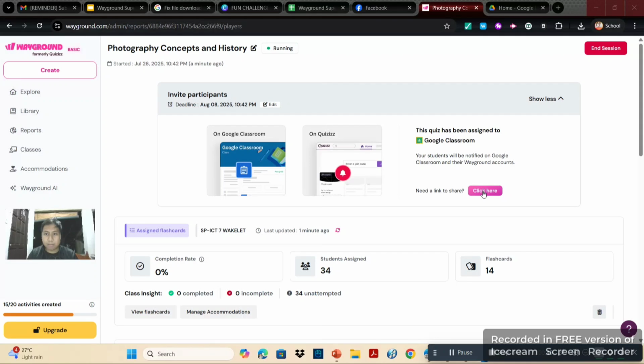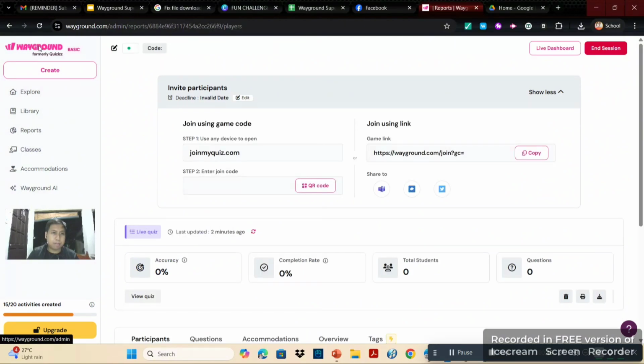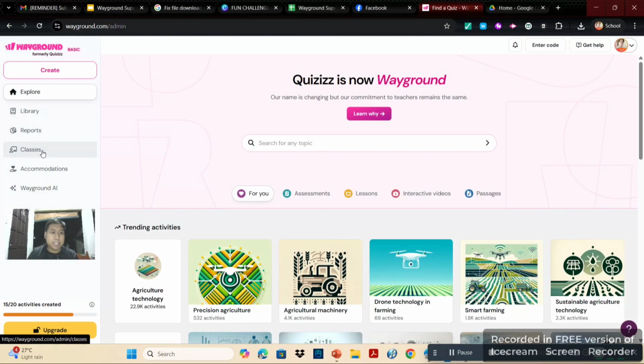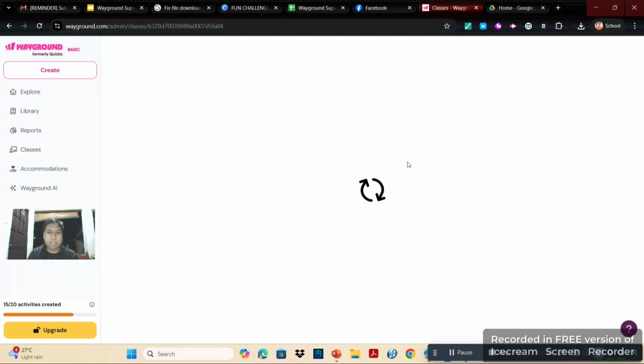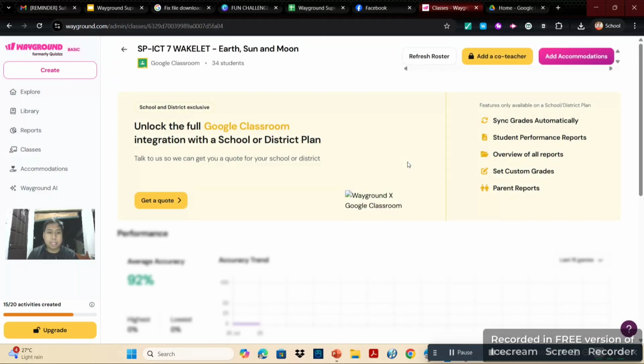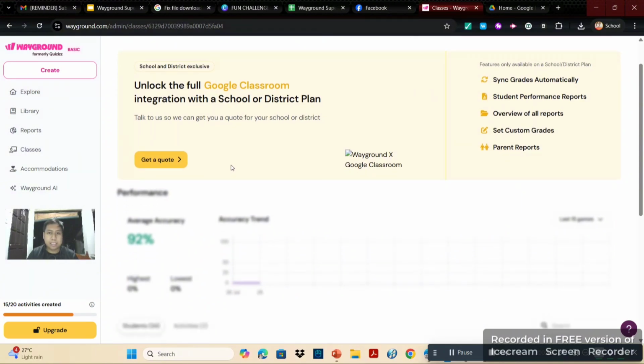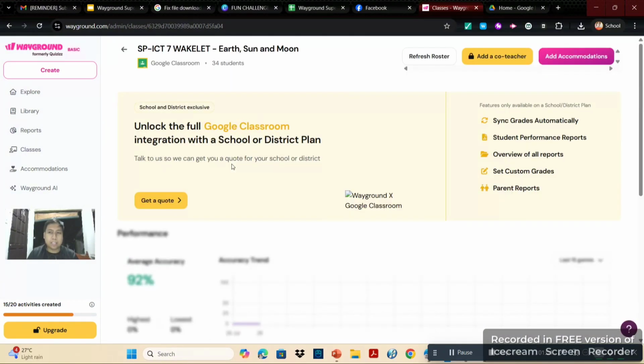We can click this one to share, or we can go back to our Wayground and see the classes. What do the classes do? If we click this, we can see the different kinds of tasks that you made.